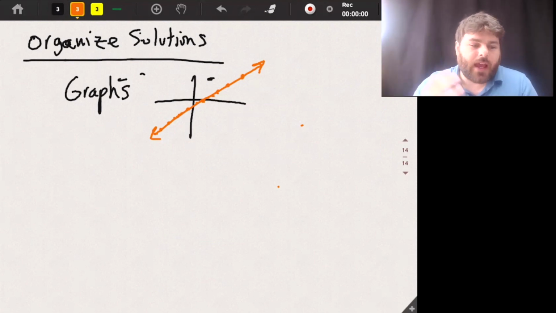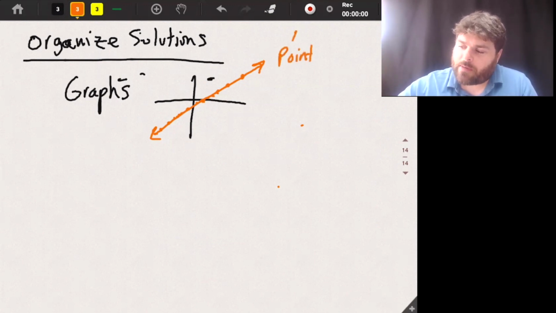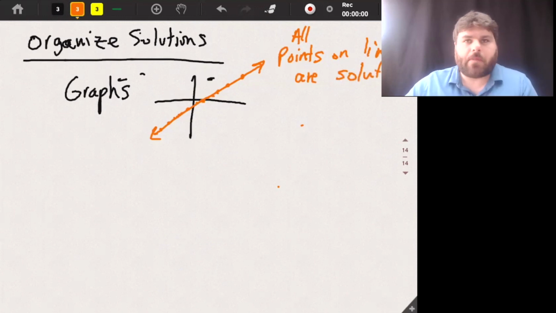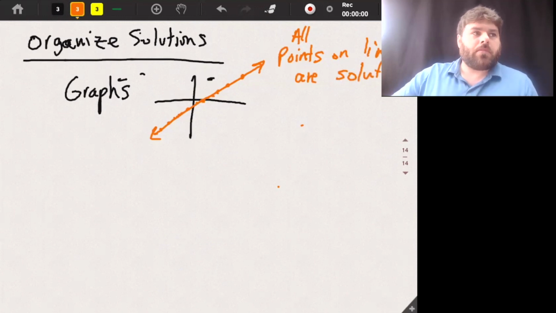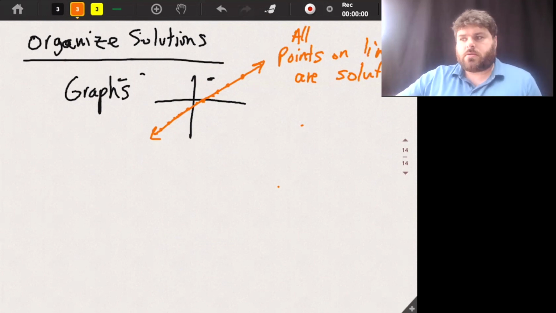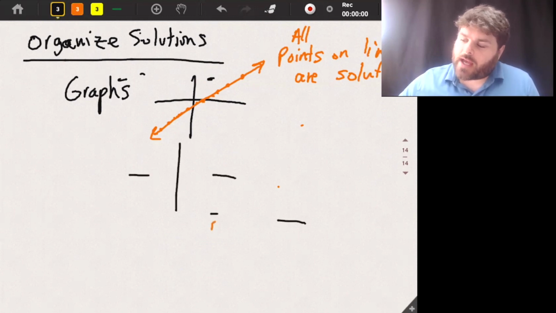And when I draw the line, it draws all the solutions. So every single point on the line, all points on the line, are solutions. So when you see a graph, that's all it is, just a bunch of points, but it's really just a bunch of solutions, okay? Now, when you're talking about inequalities, two-dimensional inequalities, a lot of times we see this,